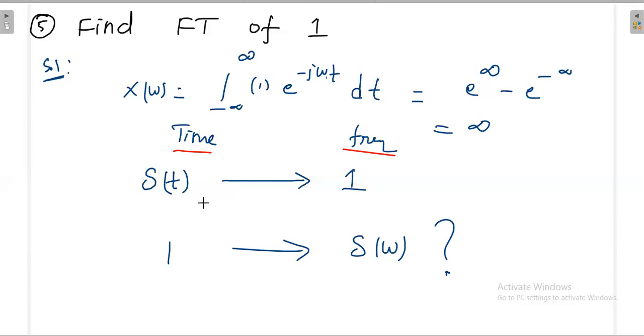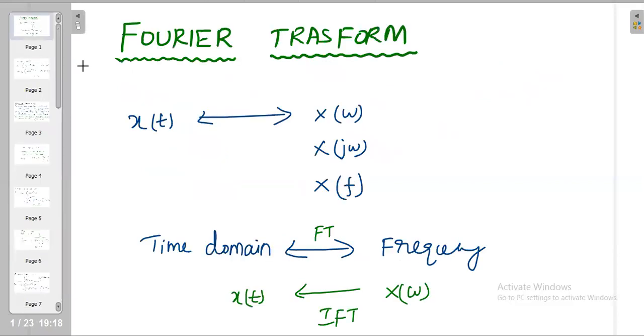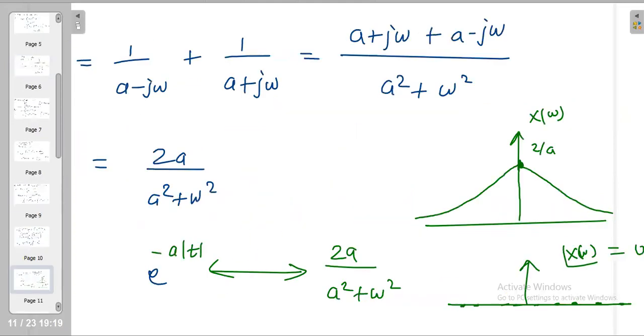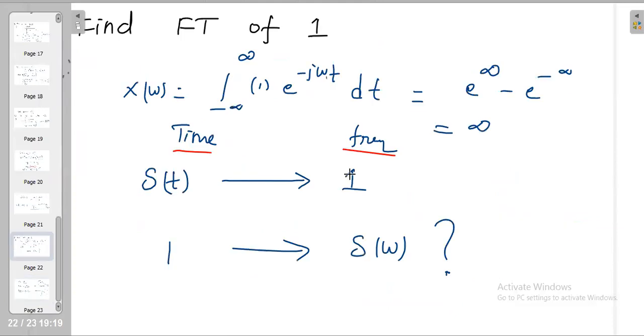Why? Because if we see the Fourier transform and inverse Fourier transform formulas, they are almost similar except for that minus sign and that extra 1 by 2 pi. So the shapes are interchangeable. What I'm trying to say is, when you have del t, you got 1. When you have 1, you may have del tau, but along with some extra component. What is that component? You have to identify that now.